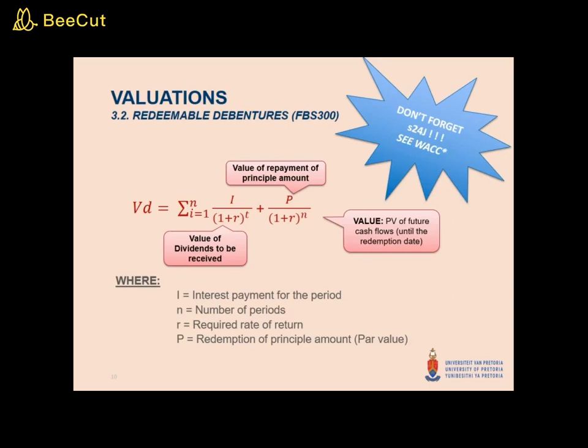And then importantly, is there a difference between the market rate and the coupon rate that we are paying for that underlying debenture? If we're in a situation where my coupon rate is higher than the market rate, it means we're paying more. So therefore, most likely, the value of our instrument will be higher than the par value. If our coupon rate is lower than that of the market, it would have to be issued at a discount for someone in the market to be willing to buy that particular instrument. So we'd expect that value to be lower. That's just a nice sense check to remind yourselves of as you're going through that particular valuation.